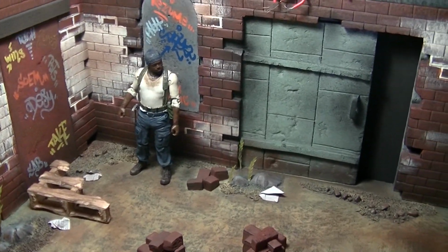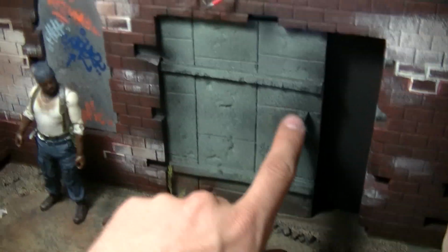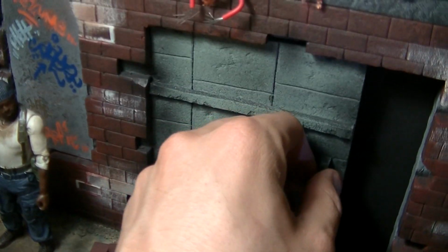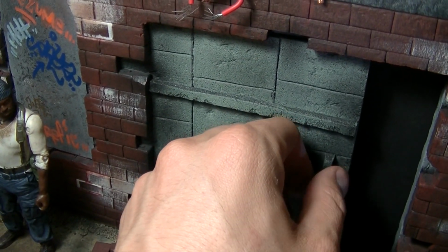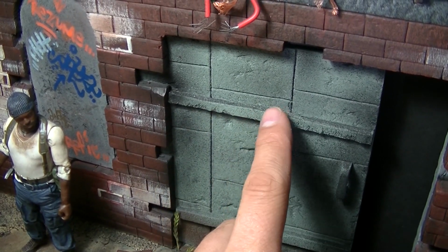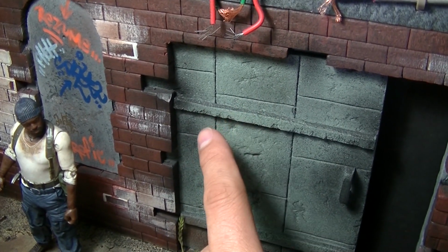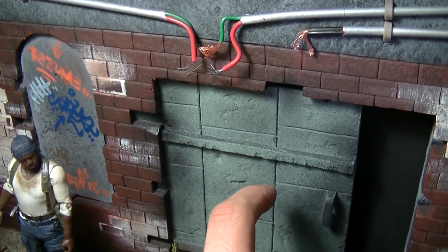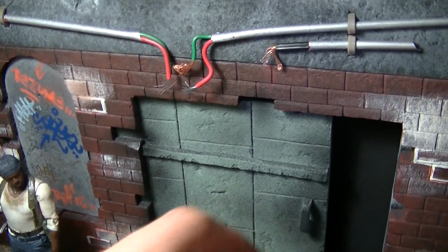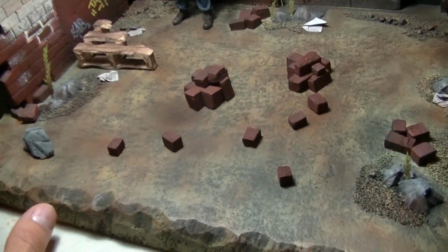None of the doors open. It was good to experiment with this and see if I can make it kind of a sliding door. After trying to work it out, this would have been too thin, and it just wouldn't, in my opinion, over time, it would have either snapped off or broken off. And I just want, Rich is buying this, and I want him to have many years of use with it. So included a couple of